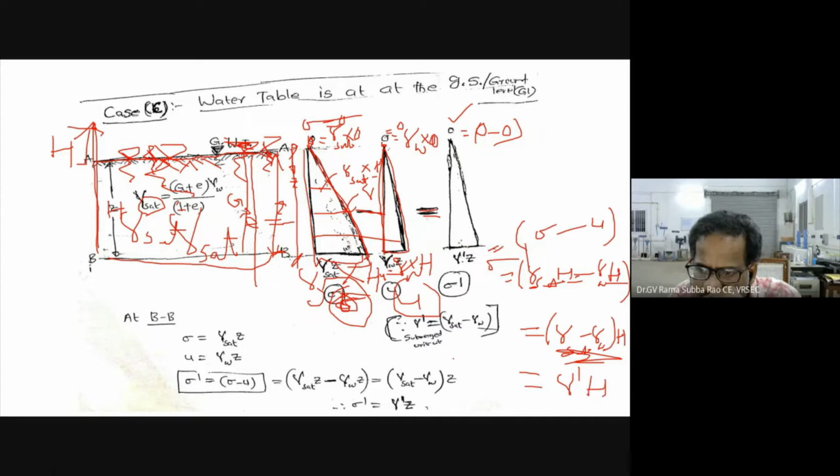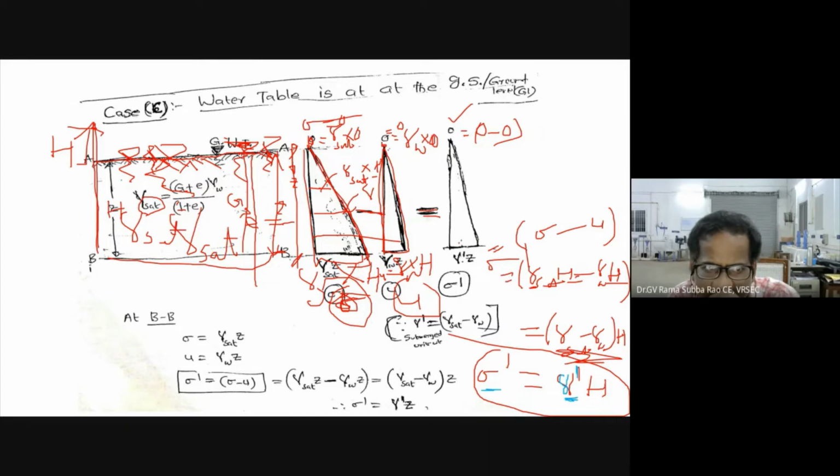So now you can see effective stress is the original stress acting on soil. Why am I trying to use that word, original stress? In fact, you see here, one can easily understand. Here sigma dash is gamma dash, the right word is gamma prime, submerged unit weight, right? So sigma dash is the original stress.